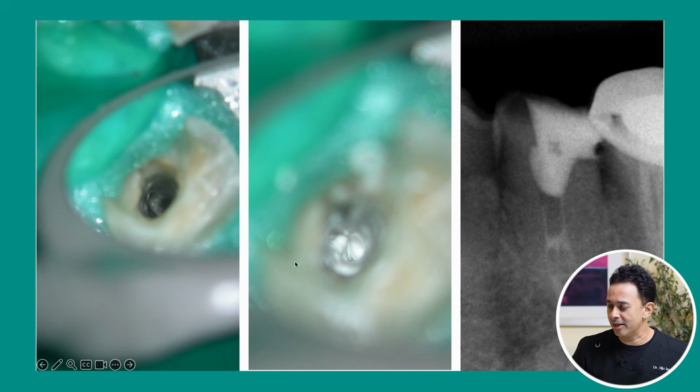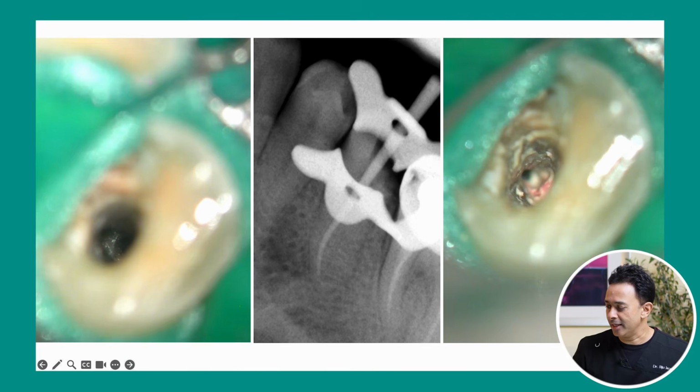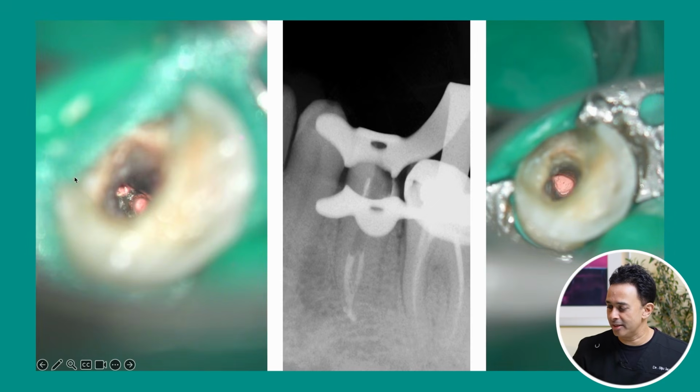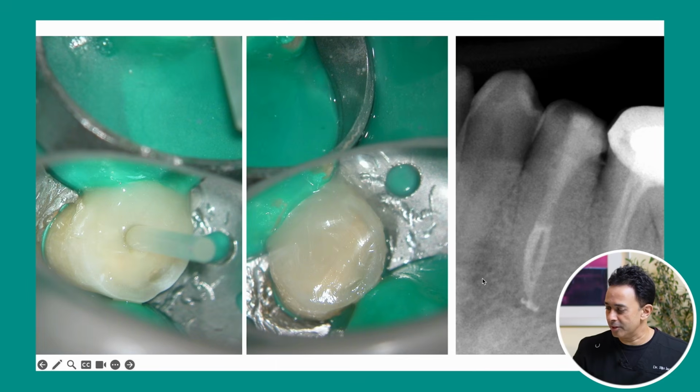So I found that extra canal and put in some calcium hydroxide, and a few weeks later, I recalled the patient and obturated this case. You can see the obturation of the first canal, then the second canal. You can see a post-obturation radiograph where the two canals merge into one at the apex. Then I restored this tooth with a fiberglass post and a composite core. So that's the post-op. You can see one orifice going somewhere along the mid-root, and at the mid-root, it bifurcates into two. So this is another variation.